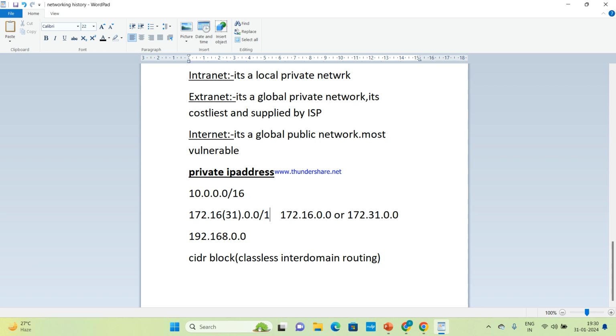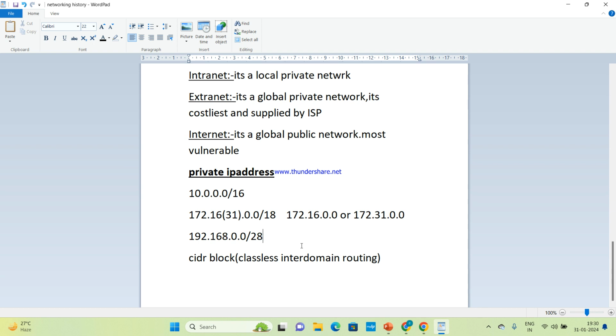You can give any number between /16 and /28. What's the use of this? This is for private access. In a VPC, we are going to create our own private addresses by using a CIDR block. It stands for classless inter-domain routing, where we create the private IP addresses.